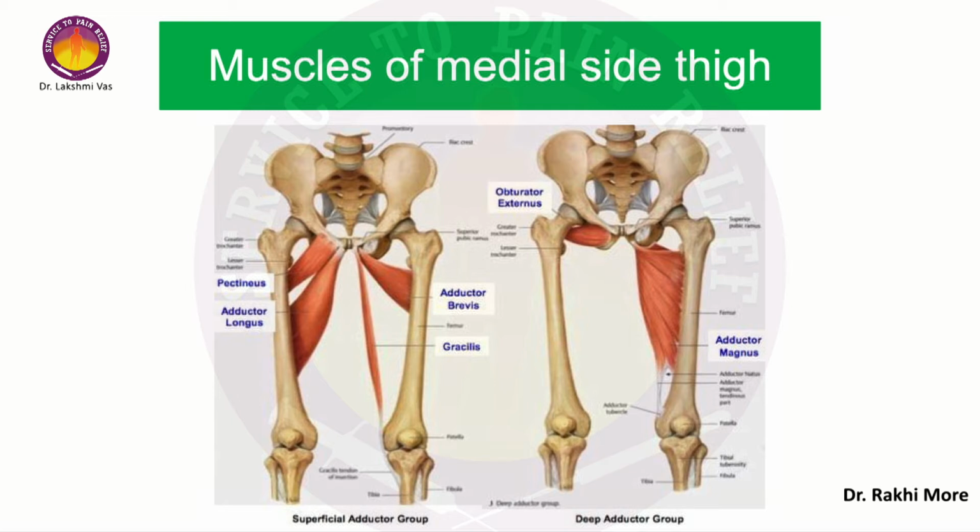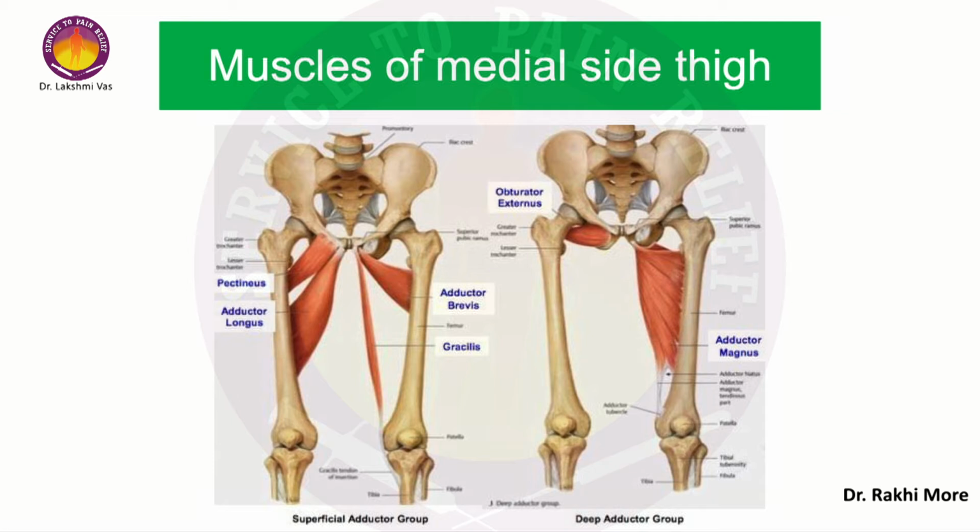Adductor brevis, the origin is from the ischiopubic ramus and the ramus of the pubis, and on the ramus of the pubis it will take origin just behind the adductor longus, and it will be placed superior to the origin of the gracilis. So here it will come and get inserted on the posterior aspect of the femur on a plane which is deeper to the adductor longus from the anterior aspect. So if you go from the anterior aspect, you will encounter the adductor longus insertion first and then the adductor brevis. Similarly, we can see the gracilis muscle over here.